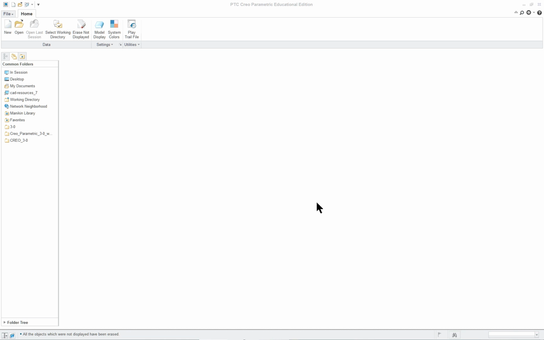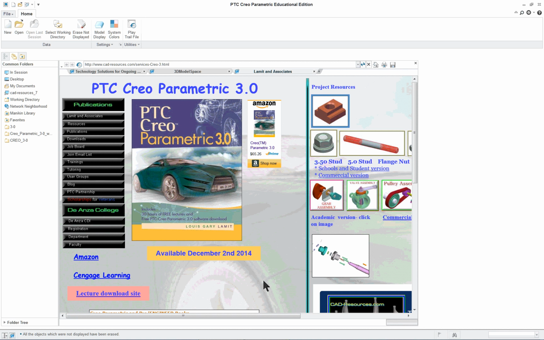PTC Creo Parametric 3.0 lesson number 21. This will be a top-down project. So first thing we want to do is get the one part that's given to us, which is the cylinder rod,